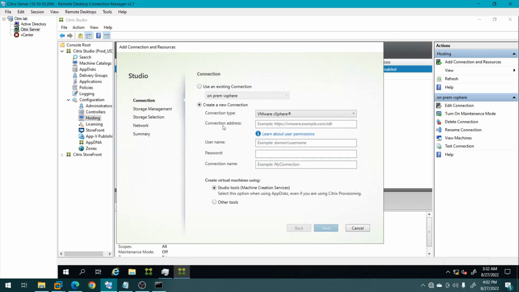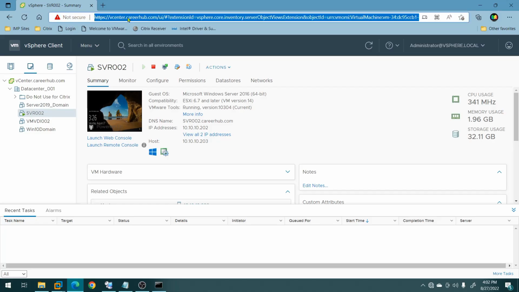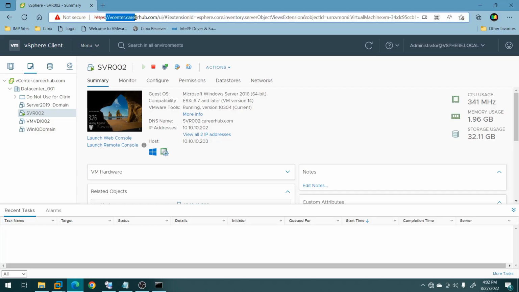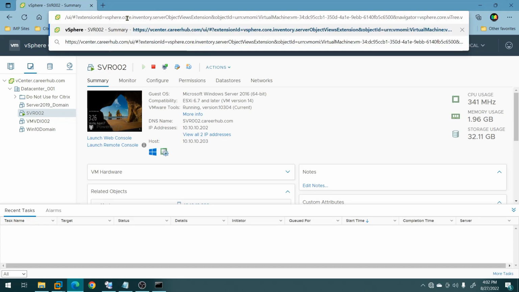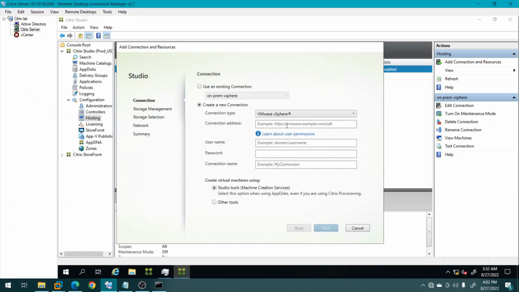VMware vSphere. Now it is asking for the connection address, so we will open this window and we need to copy the address of our VMware URL. You can see the format: https://, then the URL, then /sdk. So we need to use the same format, /sdk,